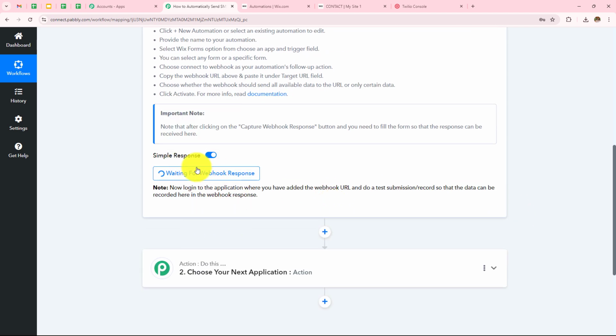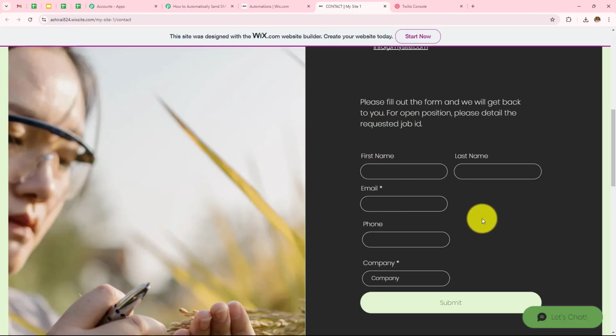Now, so as to get the webhook response over here, I need to do a test submission, for which I need to open my Wix form. So let's open my Wix form, and over here, this is my Wix form. I need to enter some dummy details. So let's say my first name is new, my last name is user, my email address is